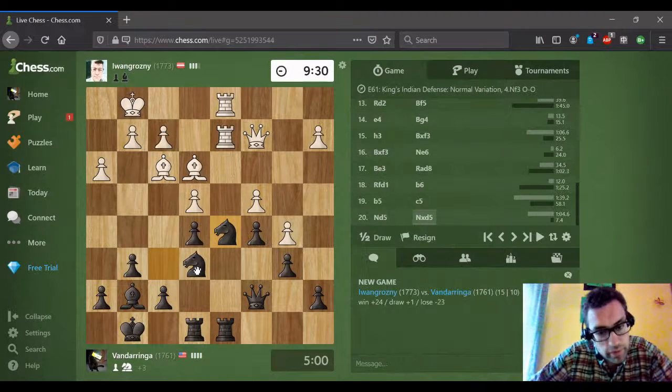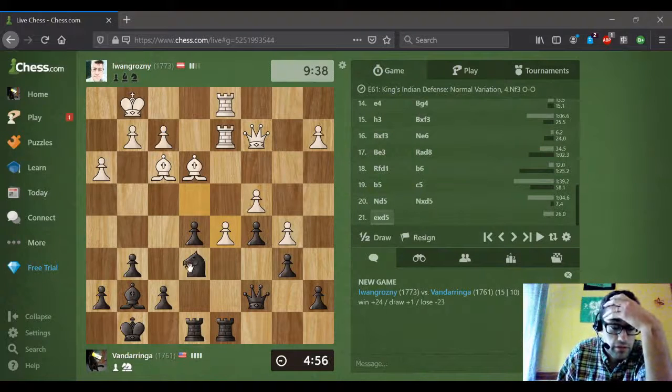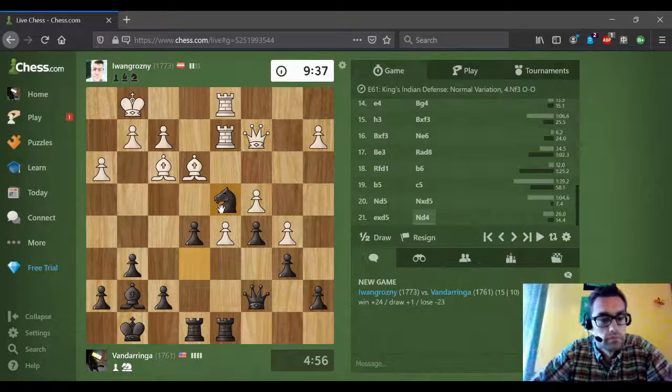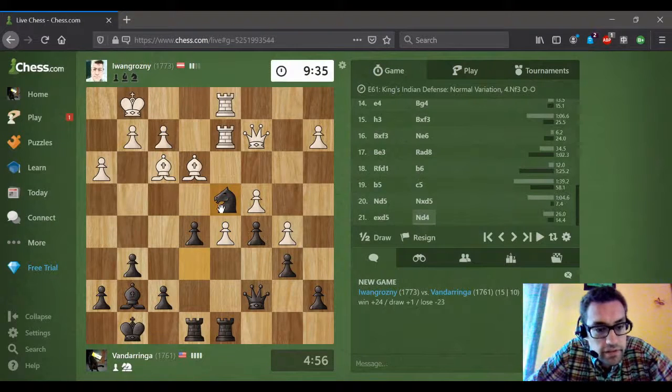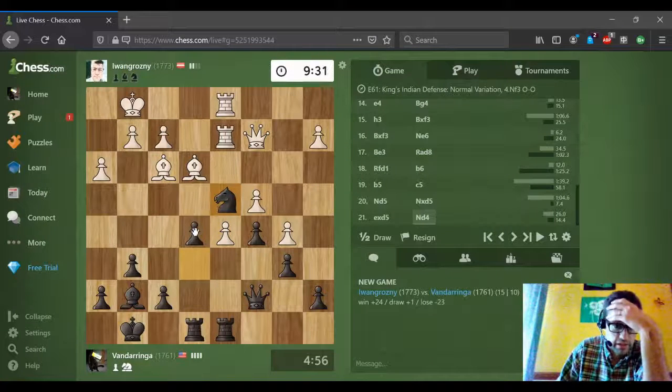I guess that pins my c pawn if he does that. Okay. I could also go knight f4 here, but I really like the look of d4. This at least guarantees us a bishop pair. He needs to take it, and I will be taking with my...